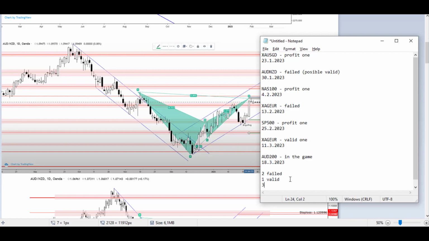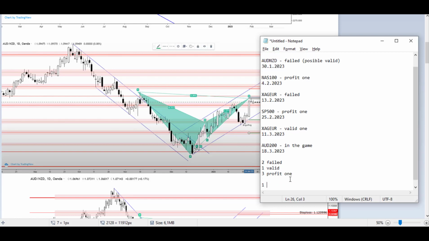And 3 of them profit 1, still in the game. So based on this, we have 1 valid one, 2 failed and 3 profit 1. So if we make a calculation, we have 4 of them that have reached the profit 1 target,